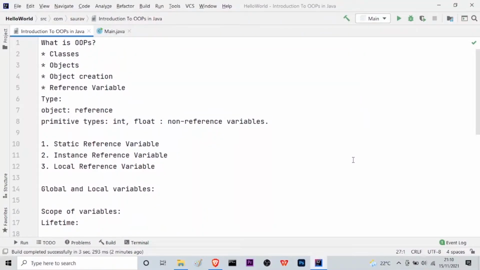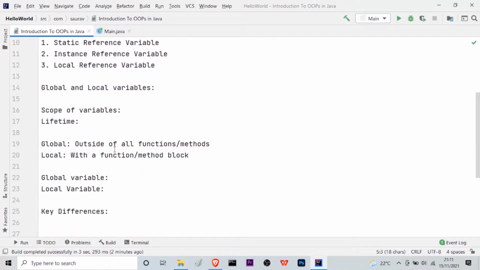In this session, I will be starting with another very important topic in object-oriented programming concepts in Java. The topic is constructors in Java. In my earlier session, I introduced you to the OOPS concepts, classes, objects, object creation, reference variable, the types, and then we moved on to global and local variables and their differences and the scopes.